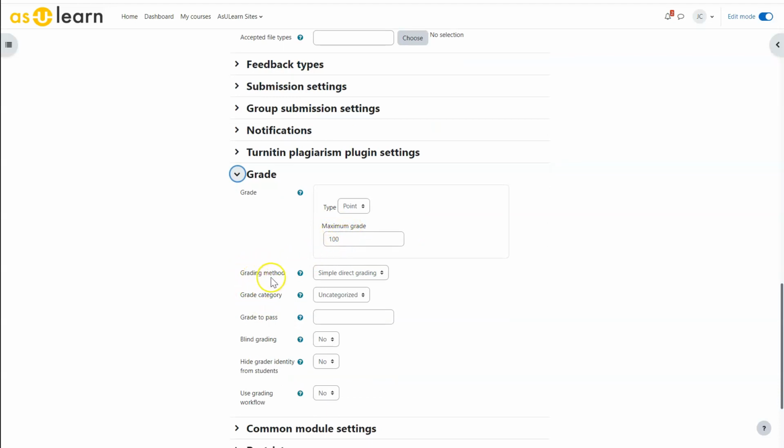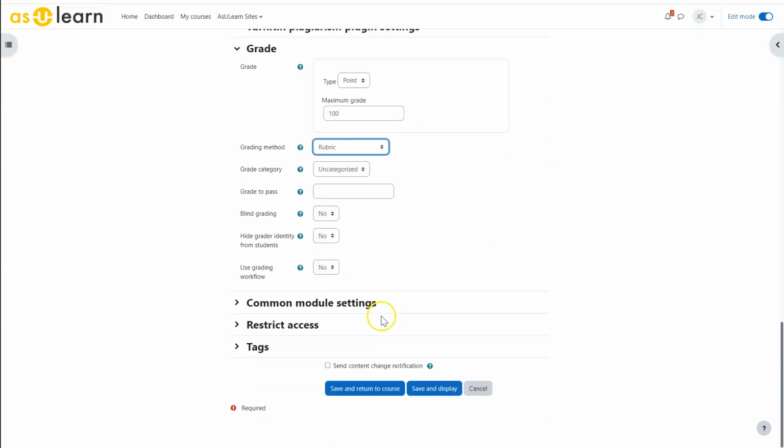Next, we want to change the grading method. Simple direct is what most people have used, and that is when I go to grade, I'm just typing in a number value of points from 0 to 100 in this case. We're going to talk about rubric. There'll be a different video for using grading guides. These complement each other, but they are very different. The rubric is what I'm going to use. And when I hit save and display,